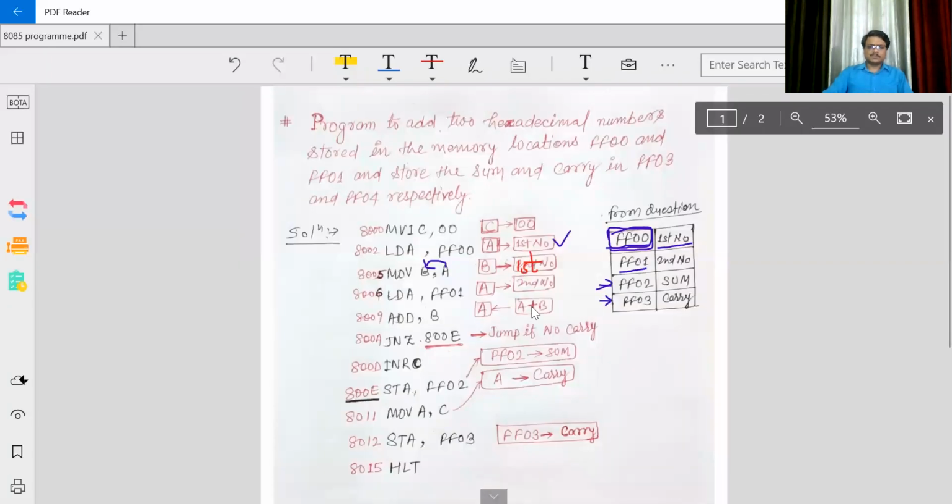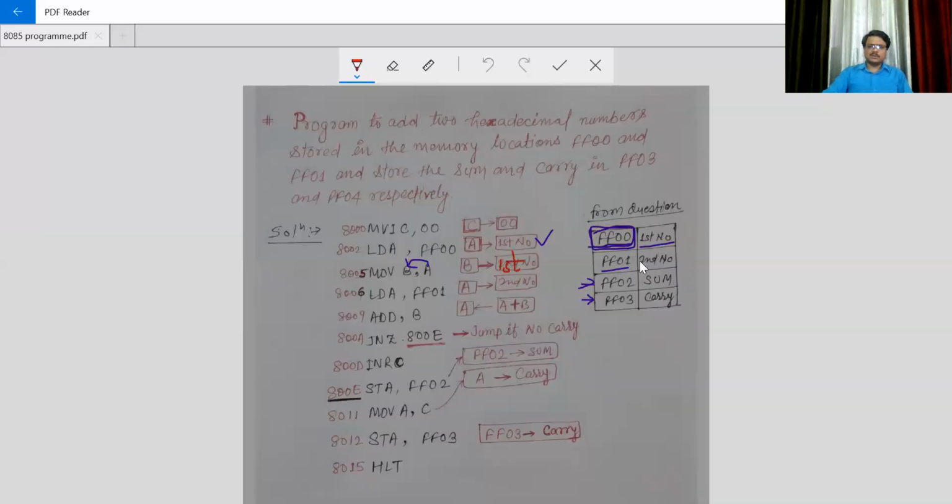Now come to this one, LDA FF01. The second address location is FF01, and we now have to retrieve the data from FF01.